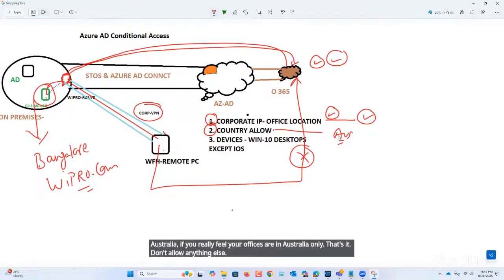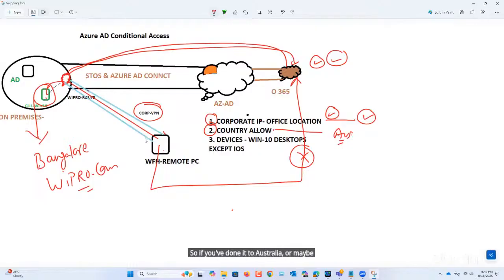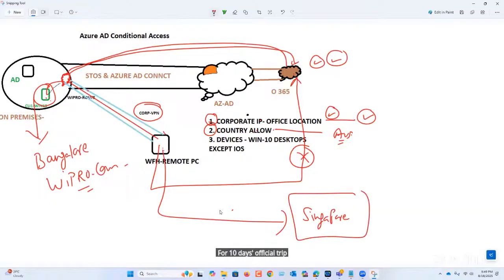So if you've done Australia or maybe India, Bangalore, if my laptop is in the office network, Bangalore, allowed. Work from home, Bangalore, allowed, because country is allowed. Same laptop, say I travel to Singapore for 10 days on an official trip, same laptop from Singapore, it won't work.